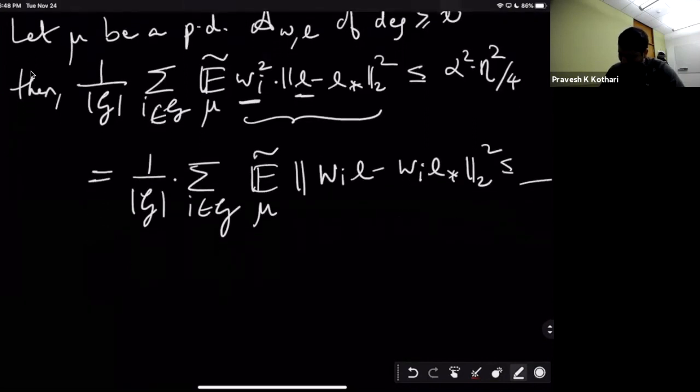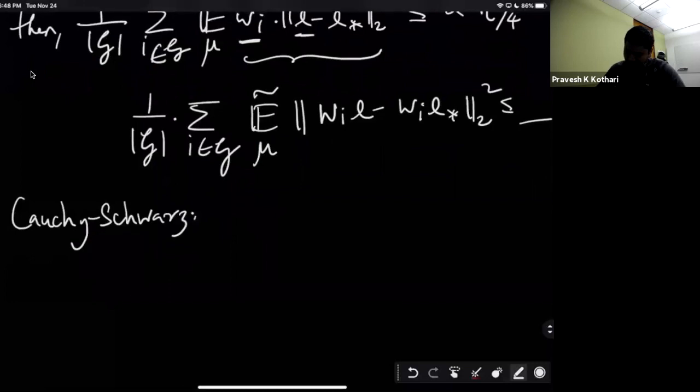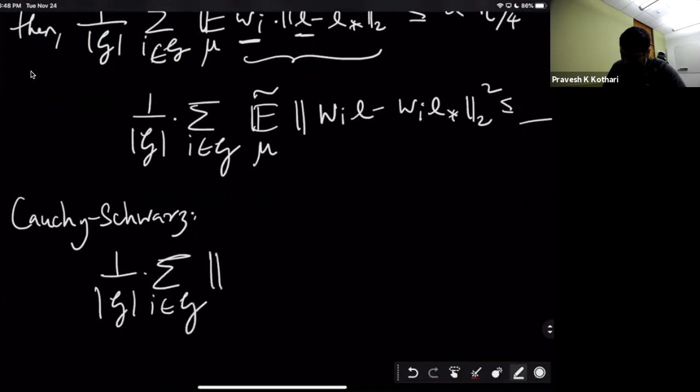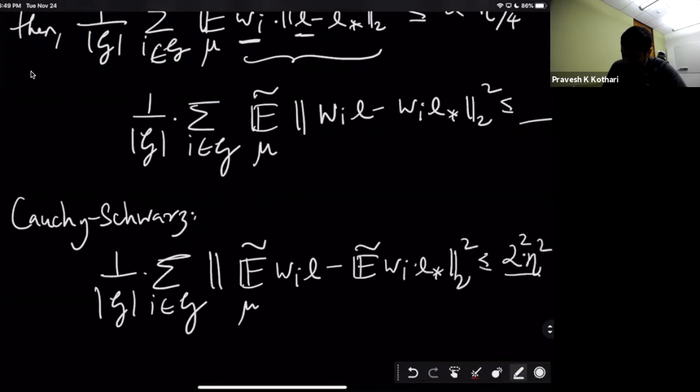So that just allowed me to send in W by just squaring it. This is still good. And now what I'm going to use is the pseudo expectation Cauchy-Schwarz inequality, to simply push this expectation inside. In the real world, this would be Jensen: the expectation of a norm is larger than the norm of the expectation. So I had a norm, I have an expectation, I took the expectation inside. In pseudo expectation land, you can prove it using Cauchy-Schwarz.